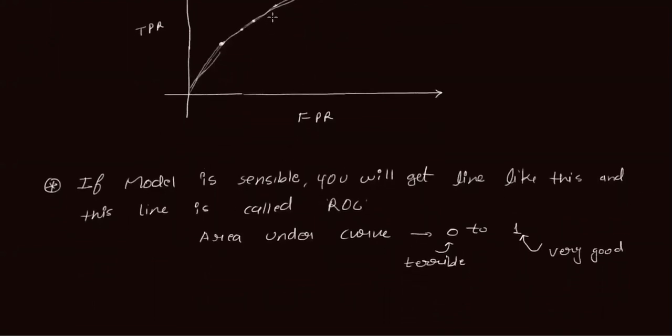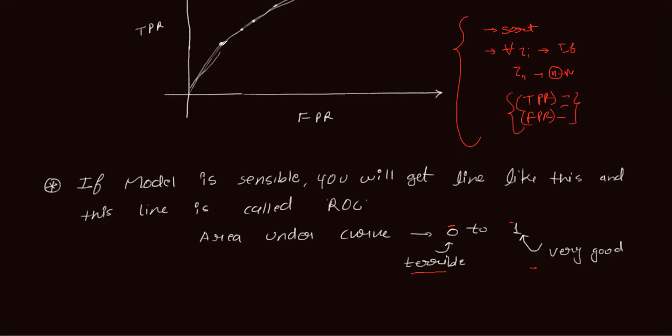I have already written the same thing which I have explained. So AUC is going to lie between 0 and 1. If you just recall in 1 minute, it's very simple. First step: whatever probability scores you have, we have to sort them in decreasing order. After sorting the probability scores, for all thresholds we just apply the if else condition. So if we have n thresholds, we'll get n new columns. For each column I will find TPR and FPR. I will do the same thing each time. That is the simple idea.